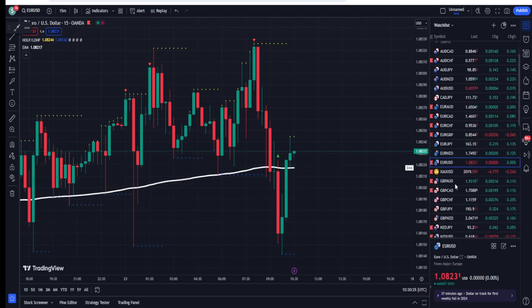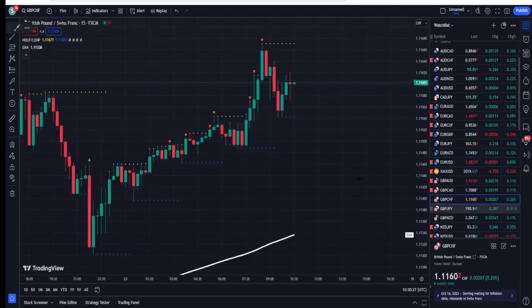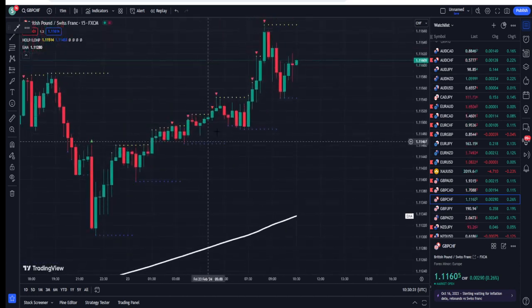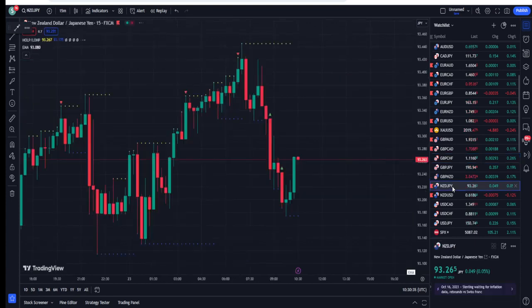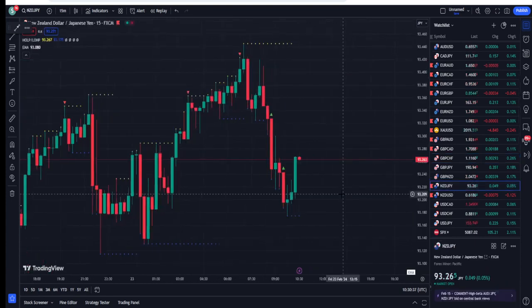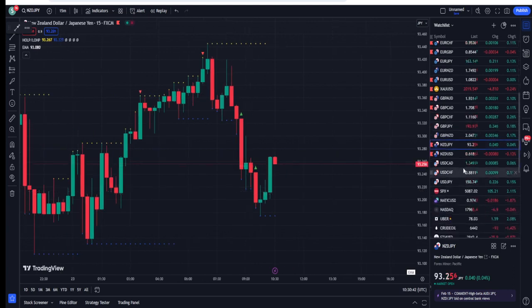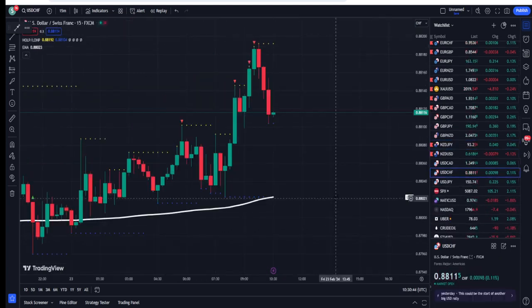Similarly, let's go to the other pairs. Look, this was a bullish chance because the price is above the 200 EMA. So guys, whether you are a beginner trader or an experienced trader, my videos are going to help you a lot, because they are going to give you a genuine idea about the market. Look at this one. This is a bullish position for you, because you are above the 200 EMA.